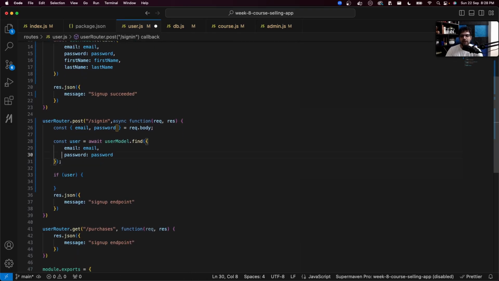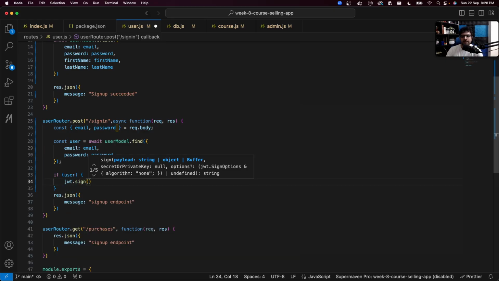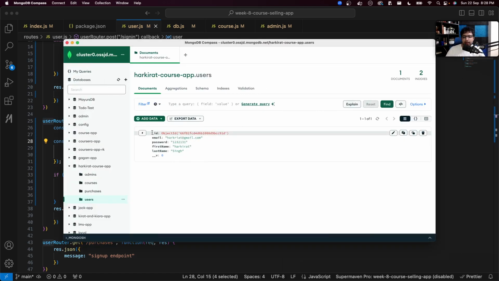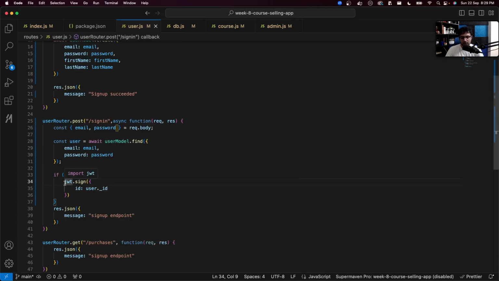What am I supposed to do over here? If the user is correct, if the email and password are correct, jwt.sign. What do we sign over here? The ID of the user, which will be user._id. In the database, where is the ID stored? In the database, the ID is stored in the ._id field. It is not stored in the .id field. Email, password, first name, last name, and what is the unique ID of the user? _id. So what am I signing over here? Const token equal to jwt.sign,